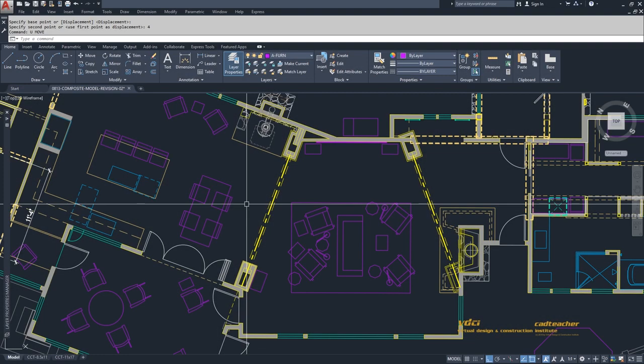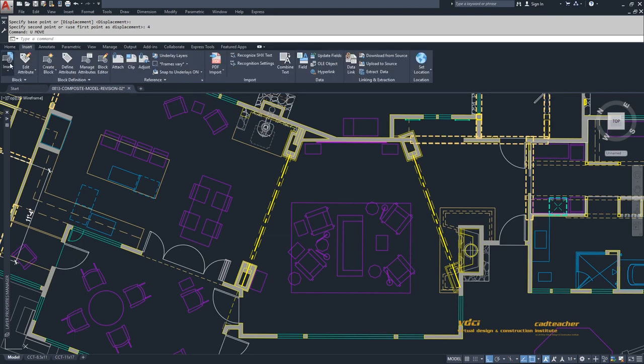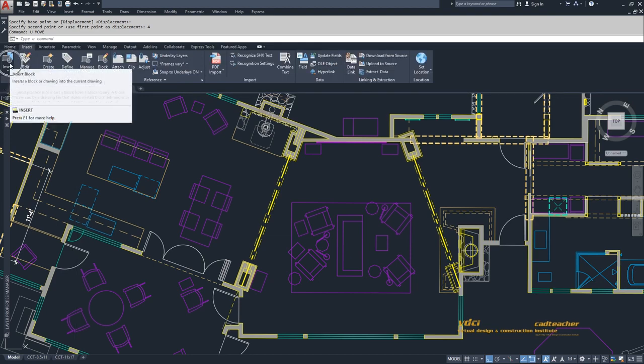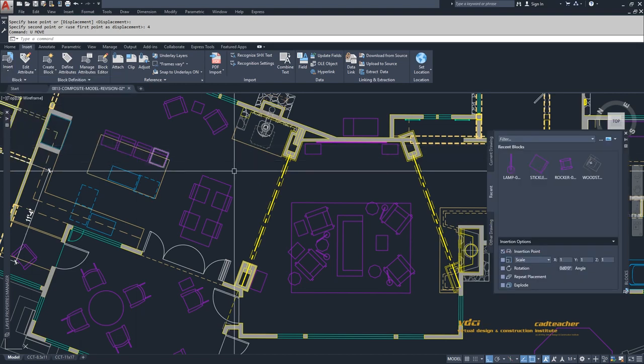Autodesk introduced the Blocks palette with AutoCAD 2020. Now we can always go back to the standard Insert Blocks. I click over here and it shows me the list of blocks that are currently in the drawing. There's also an added option that says Recent Blocks and Blocks from Other Drawings. If I select either Recent Blocks or Blocks from Other Drawing, when I click here, you'll notice that the Blocks